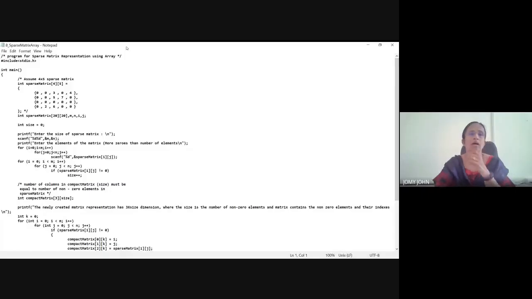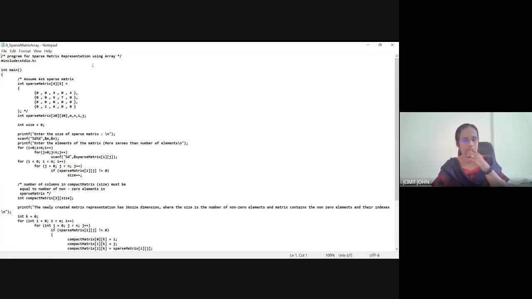This is a program for sparse matrix representation using array.